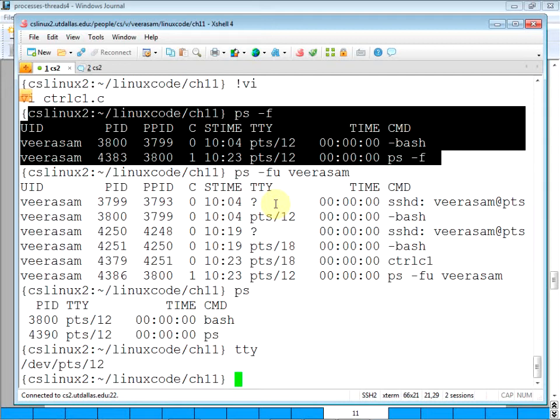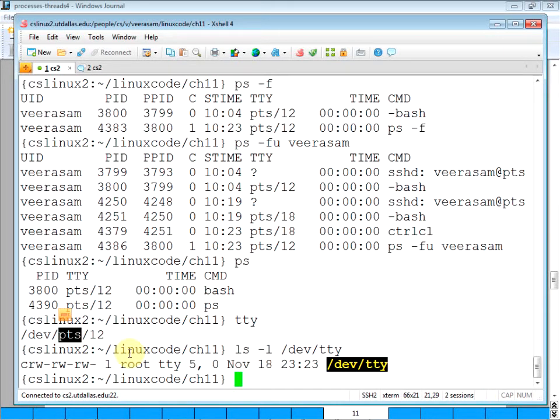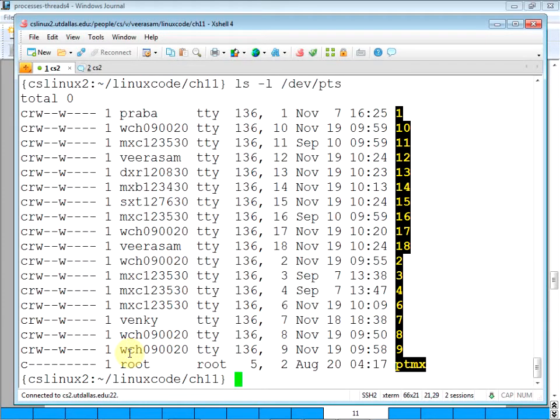Each TTY has its own number, the pseudo terminal stream, I think it's called, number 12. Everybody will have a different number. In fact, you can look in /dev/pts to see the different ones, since several people are logged in.